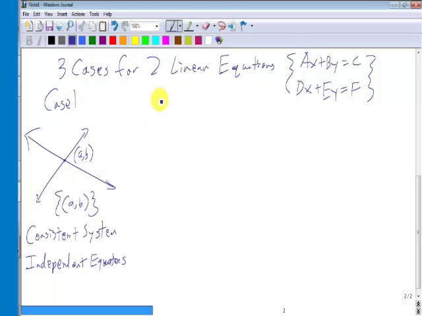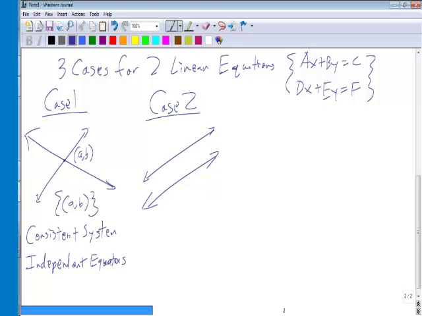Then there's case two. In case one, they have different slopes. In case two, they have the same slope. Imagine two lines having the same slope. Maybe one of them looks like that. Maybe the other one looks like that, close enough. These two lines, if they have the same slope, are going to intersect in exactly how many